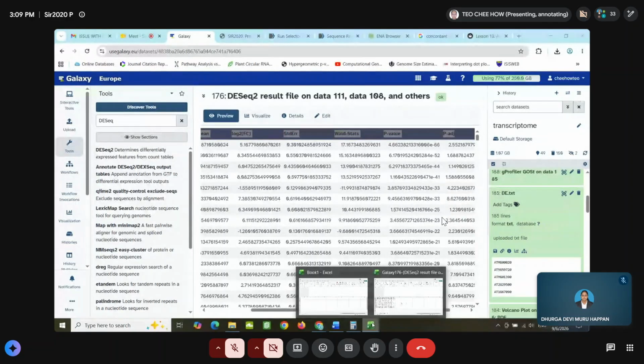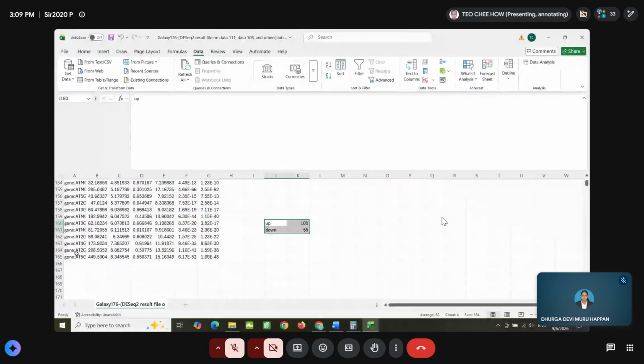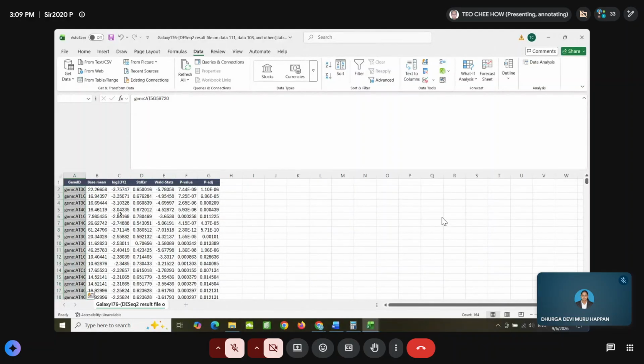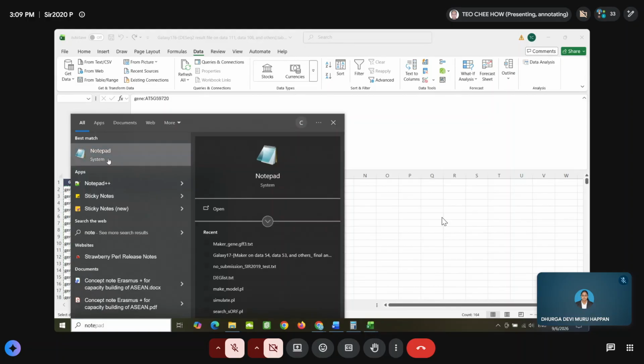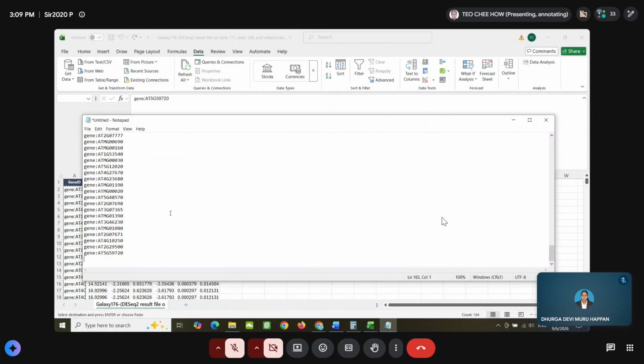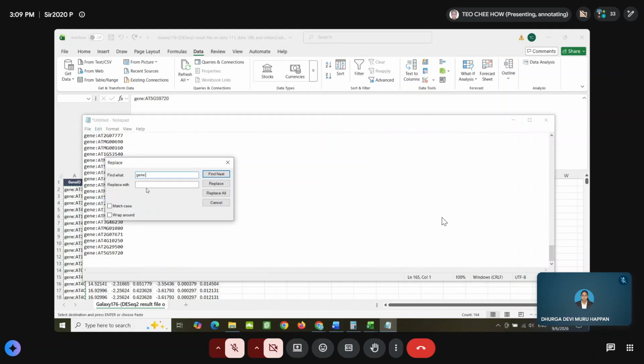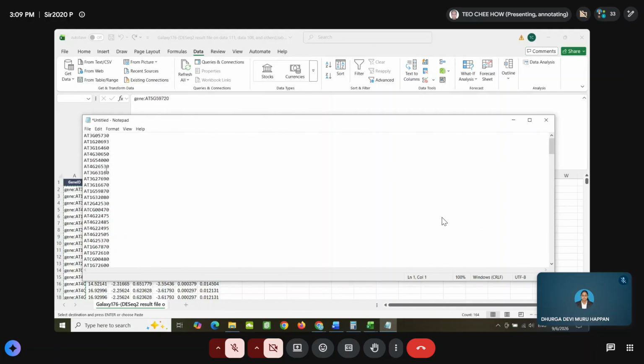So what you do is you take this one, this genes, replace all, and now you get the gene ID, so you can know what these genes are.